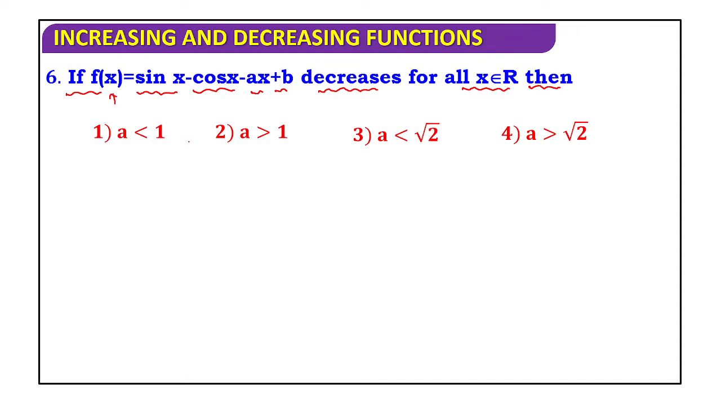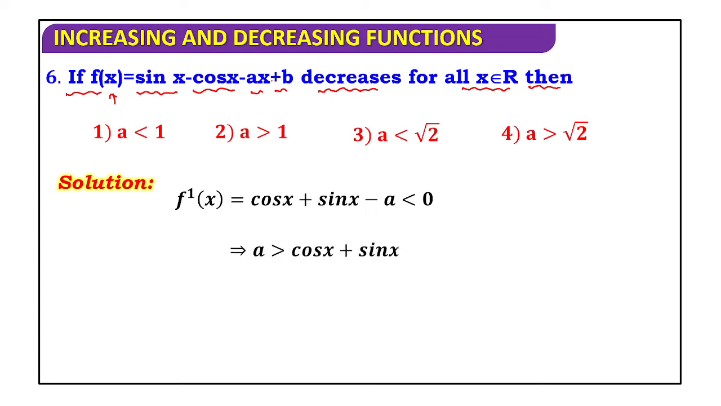If I differentiate it, it will be cos x, plus sin x, minus a. Just differentiate it, you will get cos x plus sin x minus a lesser than 0. After that, you can just go through a solution of this. That is, decreasing means f dash of x must be lesser than 0. Therefore, cos x plus sin x must be lesser than a,